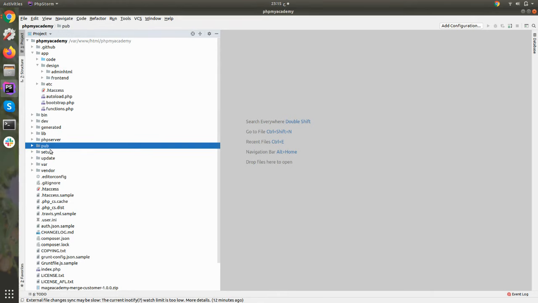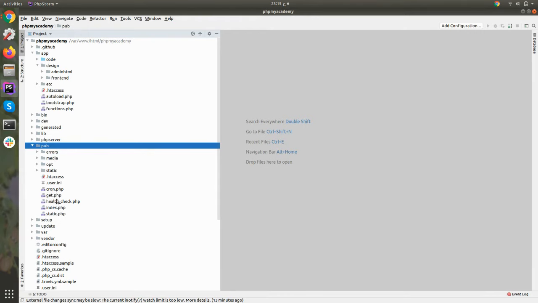Pub. When you are running your application in production mode, you have to use the index file under this pub directory. This is used in Magento 2 for security purposes, so no one can know about your root application data.